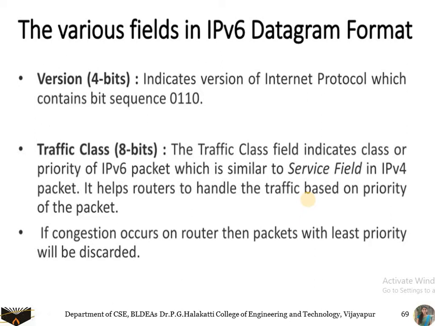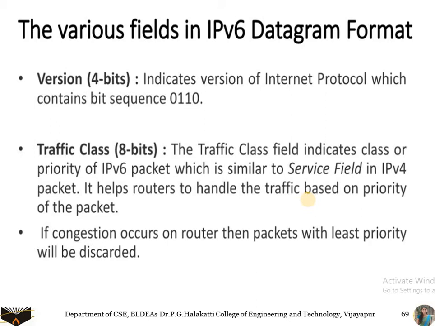So whenever a router or an intermediate node receives the packet, it is going to check the priority of the packet. Here the traffic class indicates the priority of the packet, and there are different versions of priority, such as first in first out. The packet which arrives first needs to be transmitted, or the one of smaller size needs to be transmitted. These are some of the traffic classes. Depending upon the type of the traffic class, the packet will be forwarded further. The packet with the highest priority will be sent out first. So this is how the traffic class is going to perform.